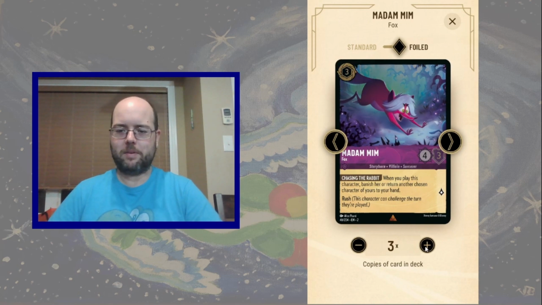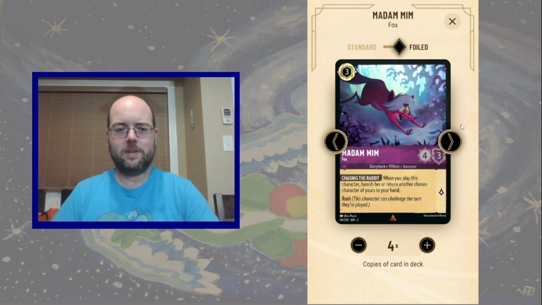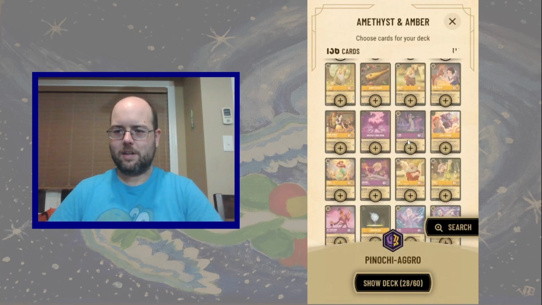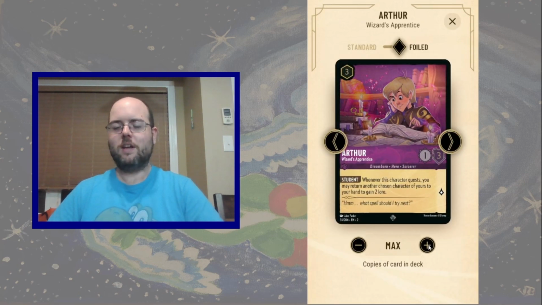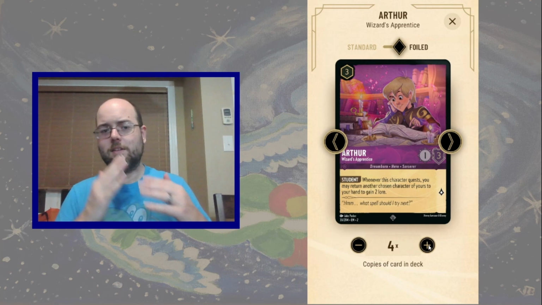So Simba is great. But now Amethyst has also given us the bounce back type of cards. Namely, we have Madame and Fox that's going to bounce back one of our cheap characters into our hand to protect it, and we're getting kind of a big Rafiki on the flip side. So Madame and Fox is a good inclusion. We have the best of both worlds with Arthur, Wizard's Apprentice. Whenever he quests, you get to bounce back one of your cheap characters to protect them, and you get 3